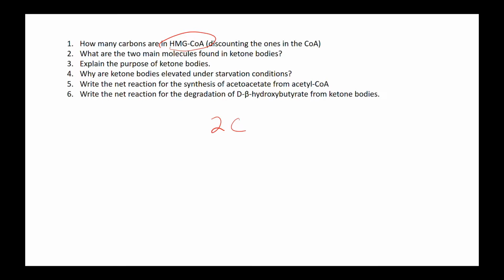Now, HMG-CoA is basically 3 acetyl-CoAs put together. So the answer for number 1 is that it has 6 carbons. The 2 main molecules found in ketone bodies are going to be acetoacetate